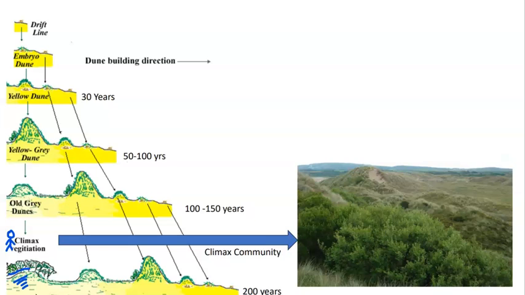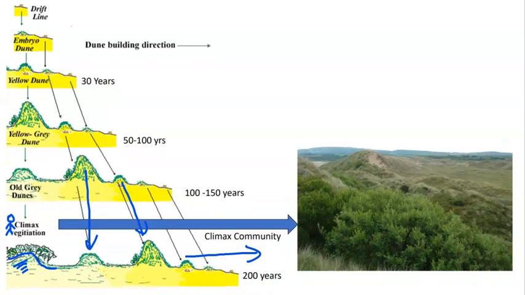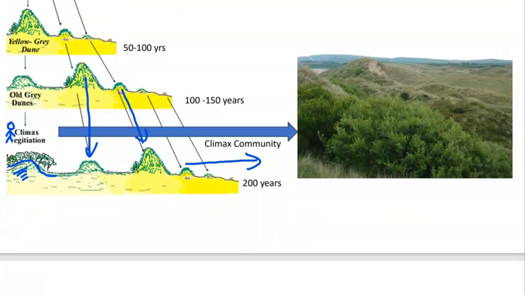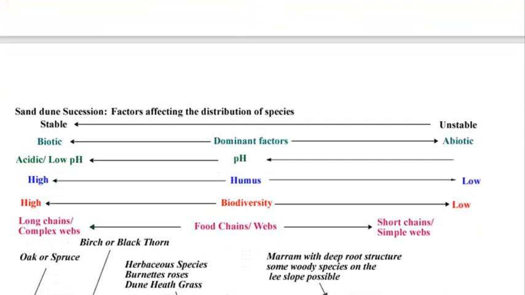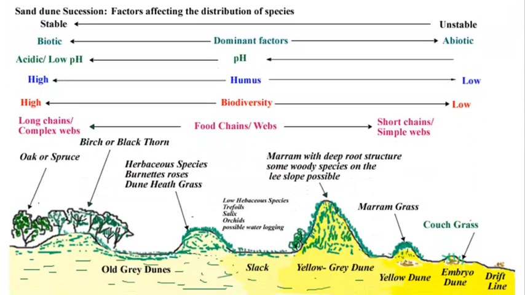So now we have the development of forests. The dunes which were previously in front of us, the grey-yellow dune has now developed into a grey dune. This yellow dune has developed into a yellow-grey dune, and so on. And so the community, the dunes, move outward. They grow outward towards the ocean, recolonizing the area of the beach like this. And that is the reason why when we take a walk towards the beach on our way to go surfing, or just to simply walk along the beach,